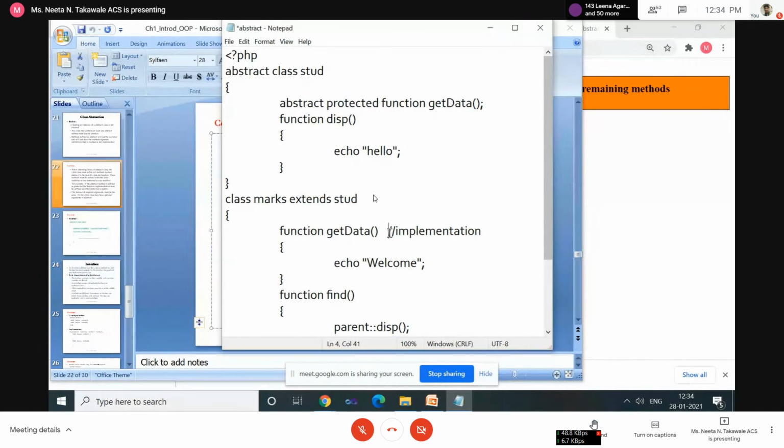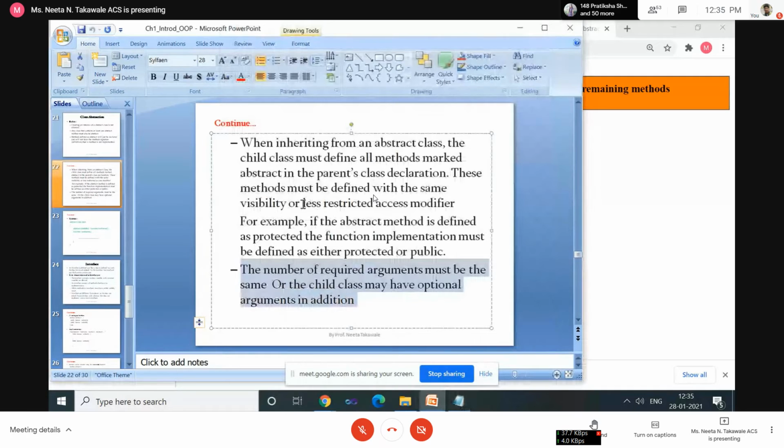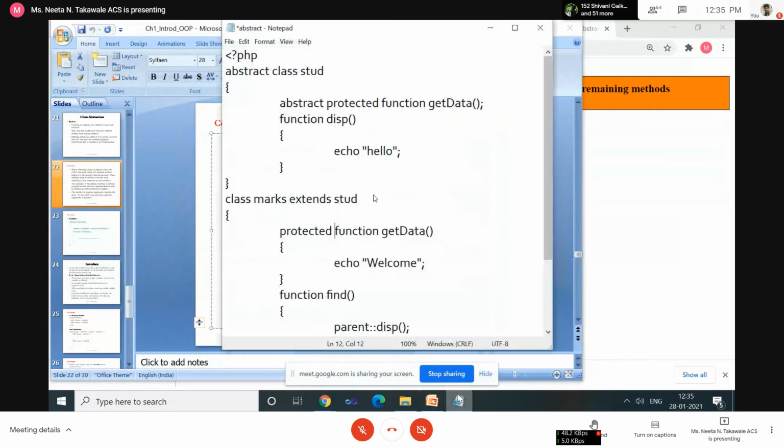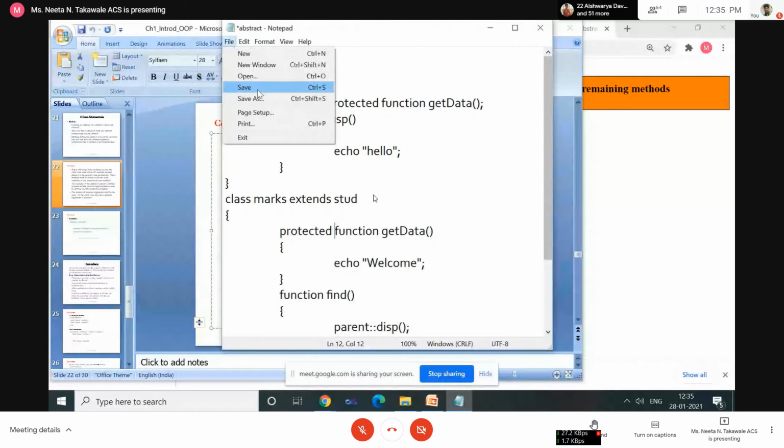Then in the derived class, you can define it using the protected keyword or a less restricted access modifier. That means if it is protected in the abstract class, then in the derived class it is either protected or public. Okay. So let's see. Is it executing or not? Save.